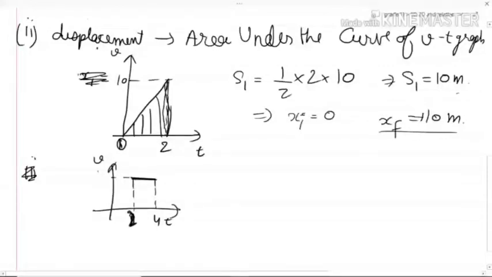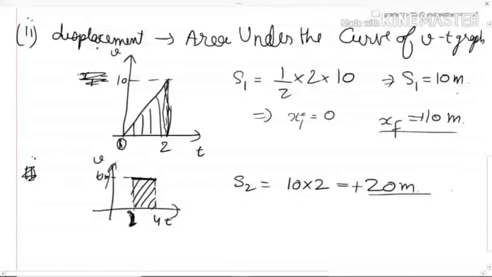And this velocity was constant at 10 meter per second. So basically, now what will be the displacement? It will be again the area under the curve. So can you see only this much area needed in the second part? Can you see a rectangle being formed? How do you give the area of a rectangle? Length multiplied by breadth. So the displacement in the second part is again plus 20.